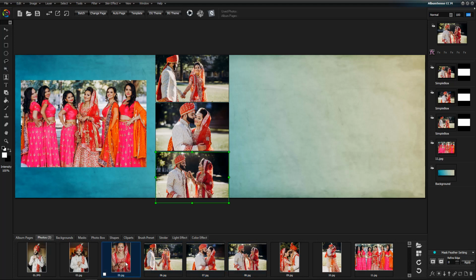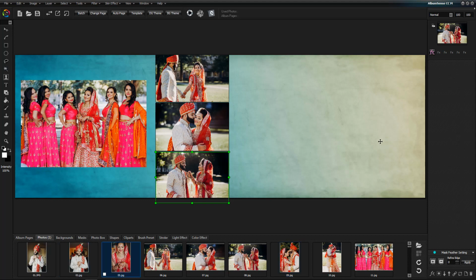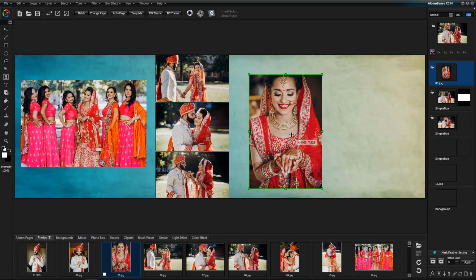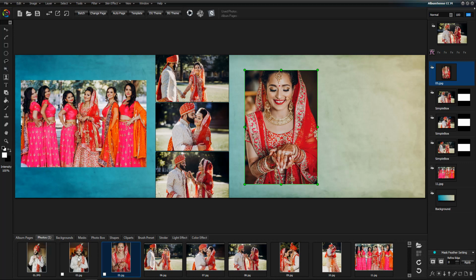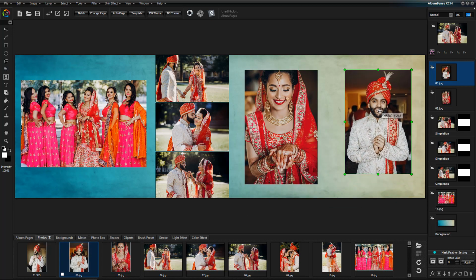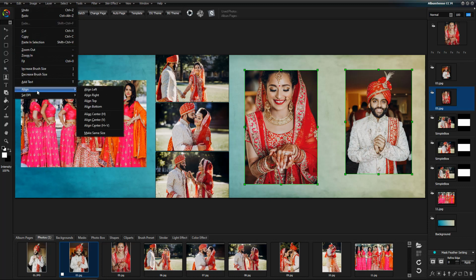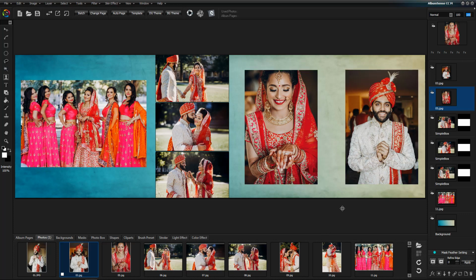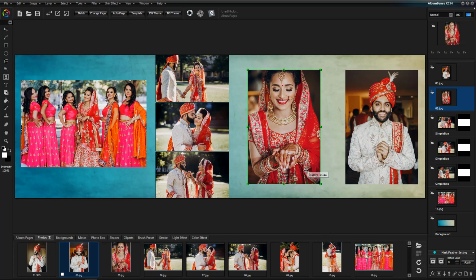Now we want to put two photographs. To make the same size, just select the photographs and go to the edit menu and click on make same size. So both photographs become the same size.